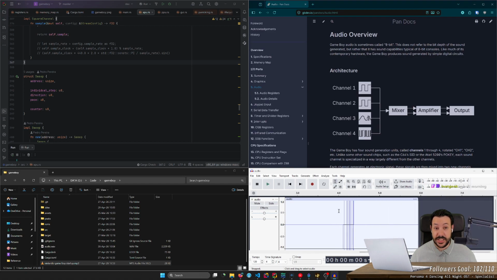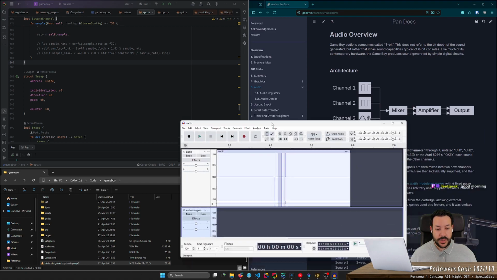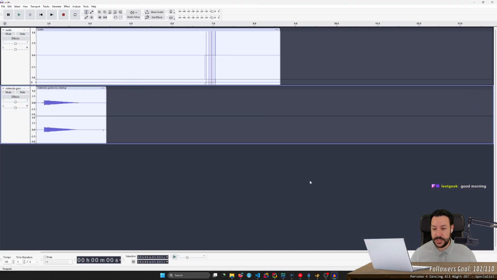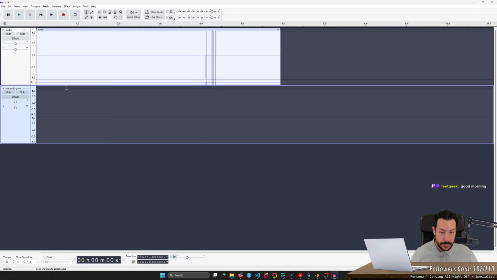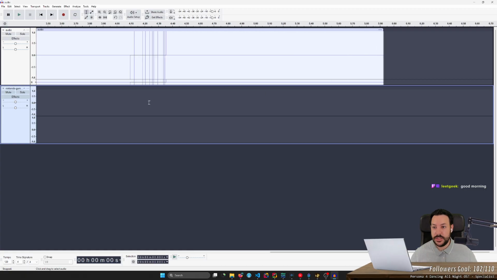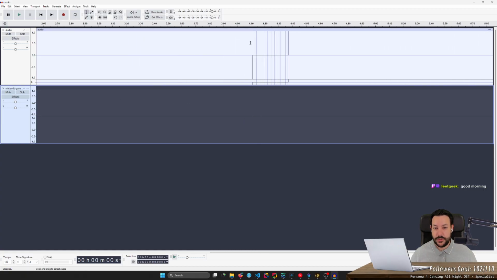So it's sounding kinda yucky. One thing that is maybe partially correct is that we are only trying to play some sound after 4.1 seconds, which matches the expectation of the scrolling Nintendo logo when it does the first sound at around 4 seconds.